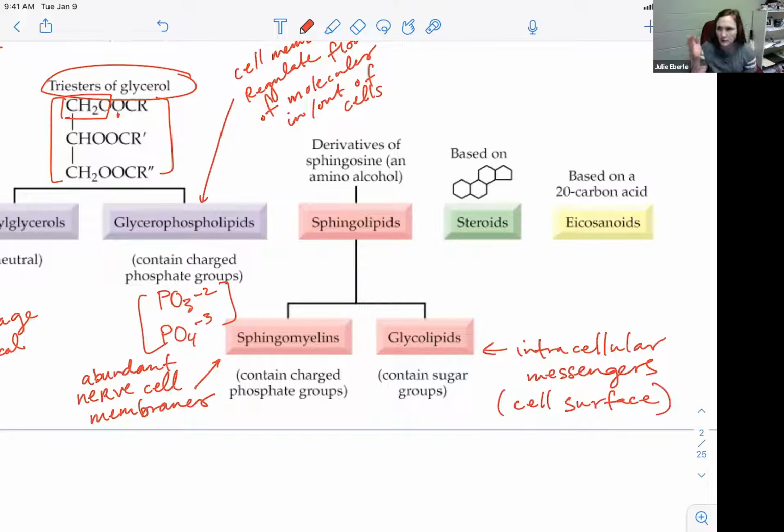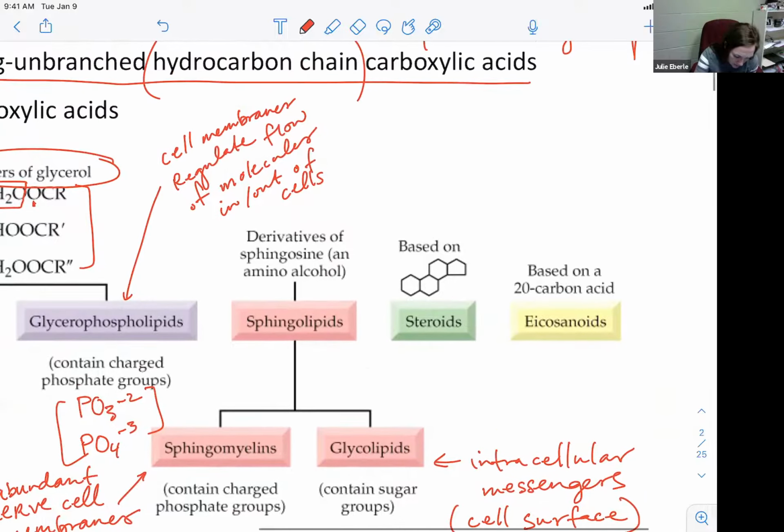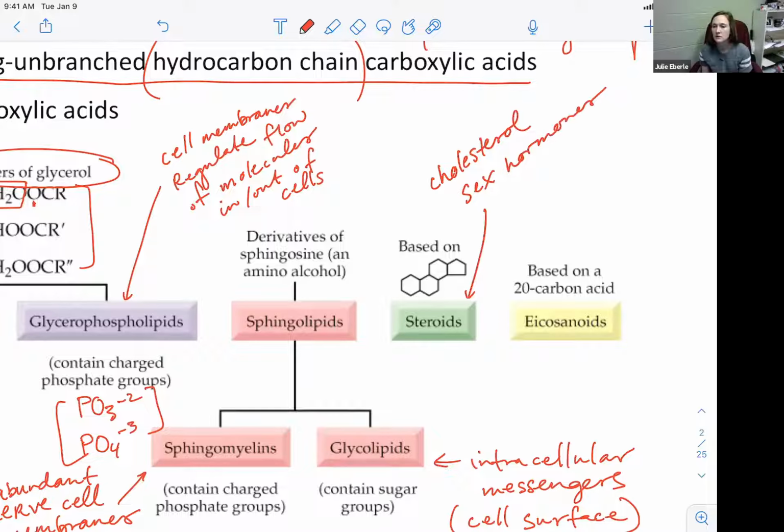Steroids, we're familiar with steroids. One important type of steroid, I'll go up. Okay, cholesterol. Everybody's always concerned about cholesterol, especially the older you get. And then sex hormones. Okay, estrogen, testosterone, and there are others. These are steroids by structure, okay, but they're all lipids. And then the last one,